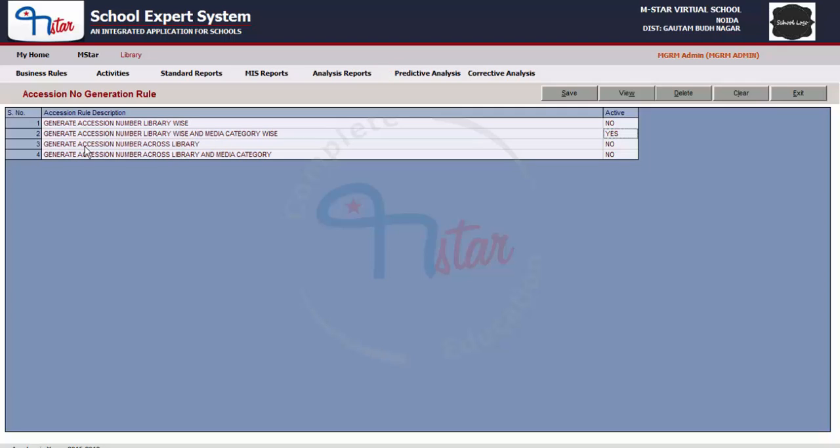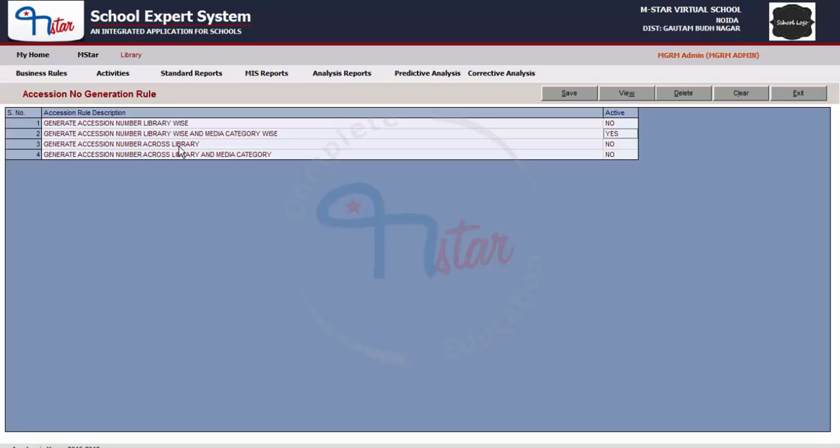The next rule, generate accession number across library. This means a continuous accession number will be created across library and media category. There will be only one unique accession number in the whole school across all libraries. So in junior library, a book will have 1, and in senior library, another book will have 2.